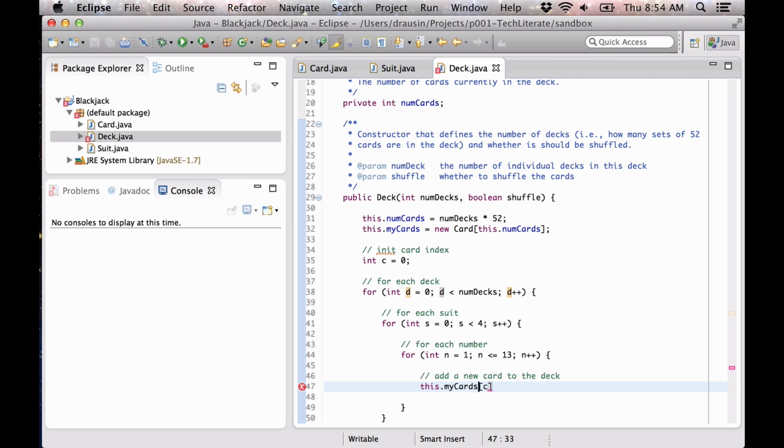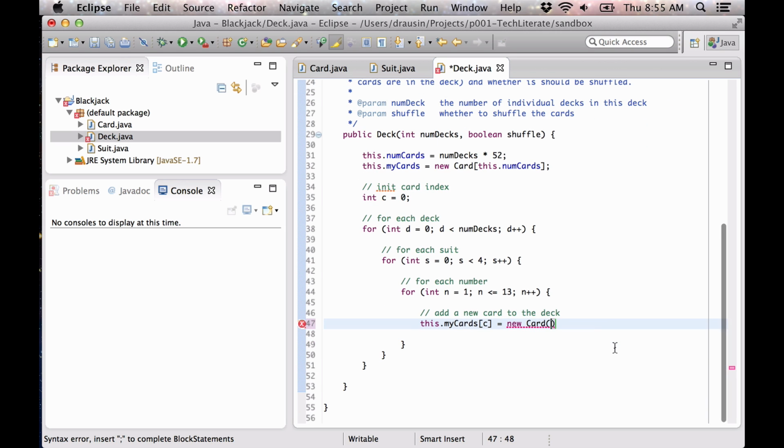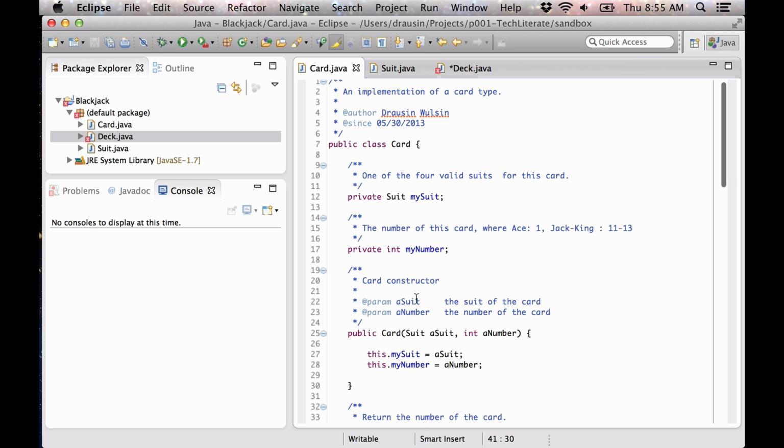Okay, that's that C there. And we're going to say that the card index at position C gets a new card, and again we have to pass it a... We go back to our card constructor here. When we create a new card, we have to pass it a suit